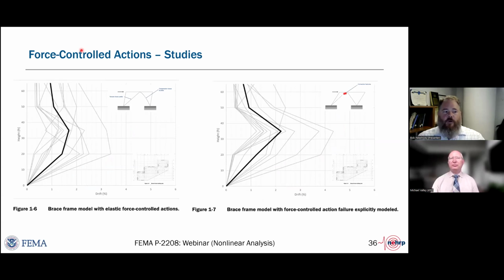The extremes I'm showing on the right are where the connection fractured before buckling or yielding occurred. Then it's not as pronounced a difference between the model with no explicit hinge fracture if you buckle but don't fracture, if your connection is strong enough to allow the braces to buckle but the tension brace to not fracture.